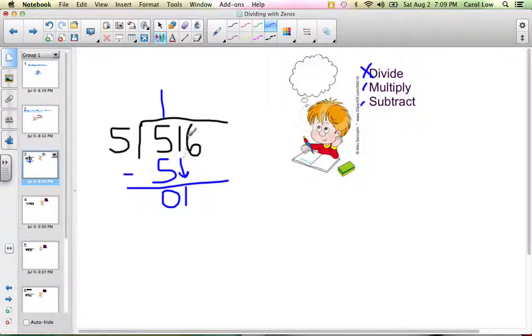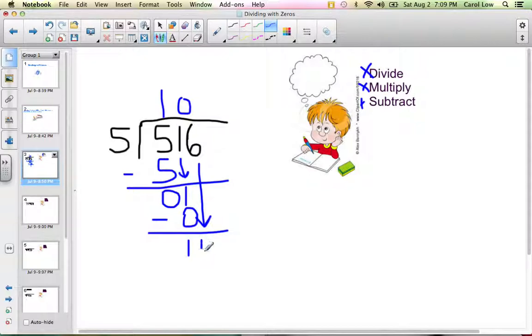Well, it can't. So it's 0 times, and then I multiply. I just go through the steps just like normal. 0 times 5 is 0. And the next step, I subtract. 1 take away 0. You've got it. It's 1. Then I'm going to bring down this next number